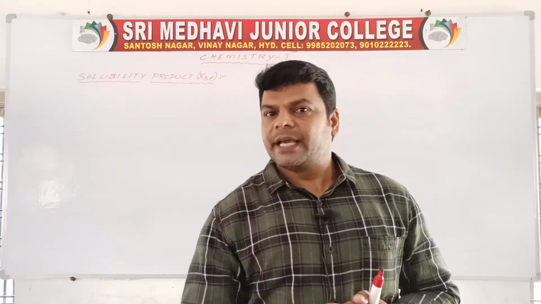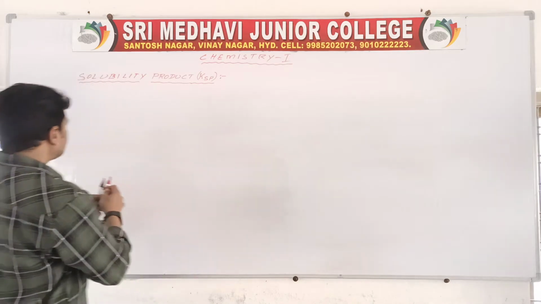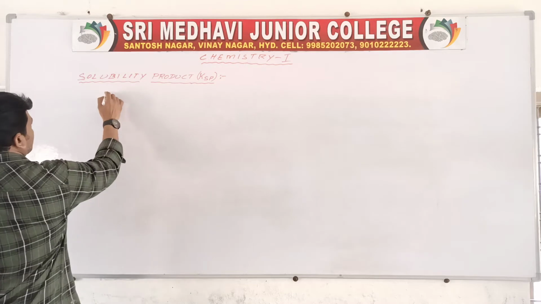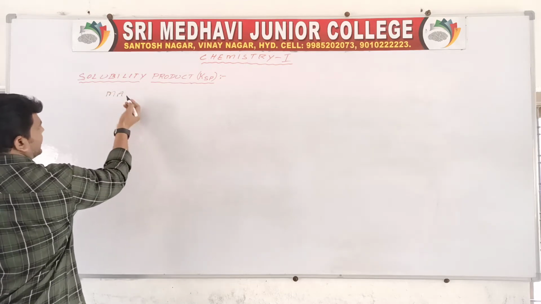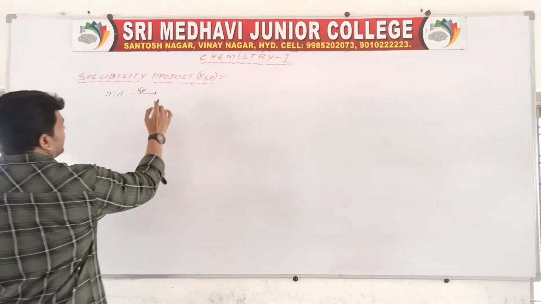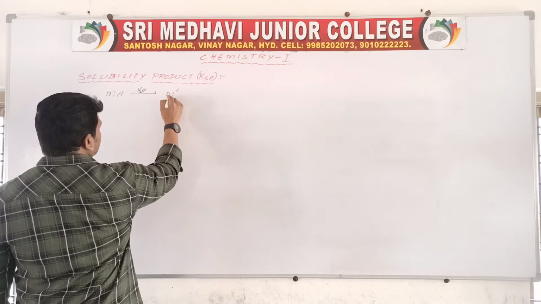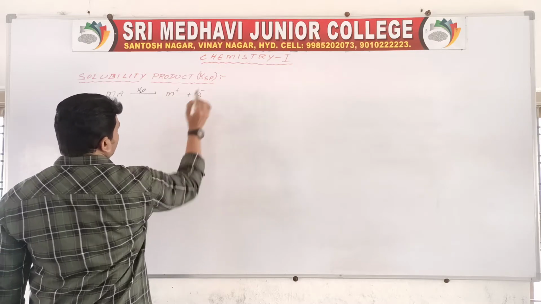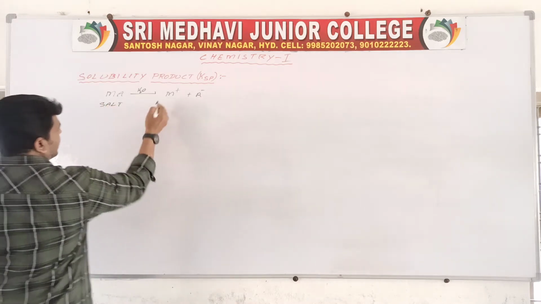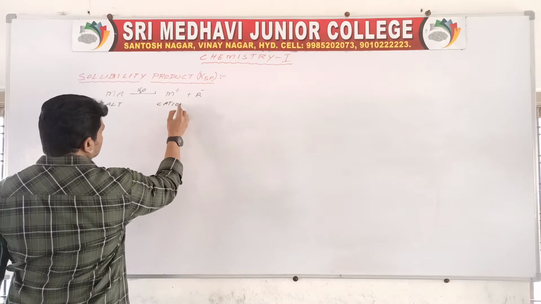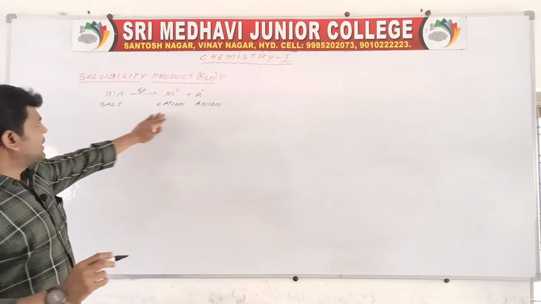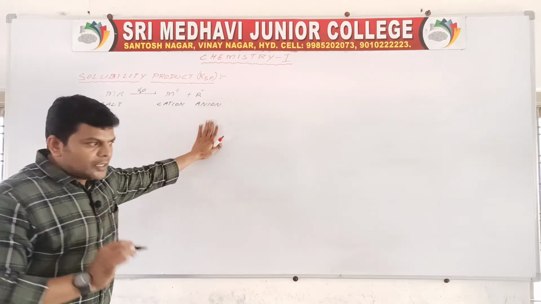If you dissolve a salt, say MA, in water, it can be divided into M plus, a cation, and A minus, an anion. Okay, it is a salt, it is a cation, it is an anion. So what I mean to say here,